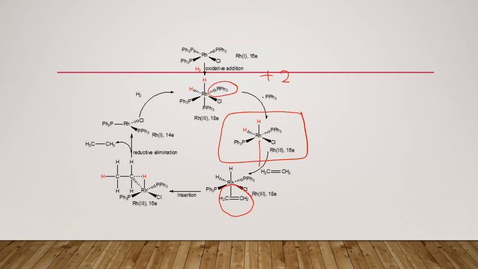Next, through the insertion process, the H is inserted here. Then through the reductive elimination, this is where the alkane is produced, and we get the 3-coordinate compound, then addition of H gets back to